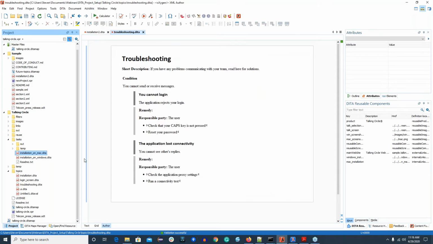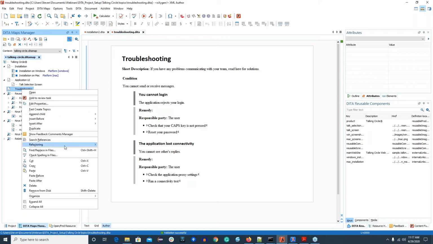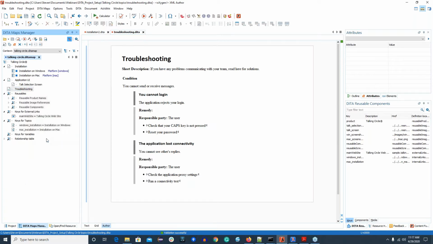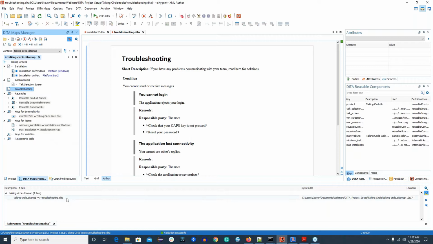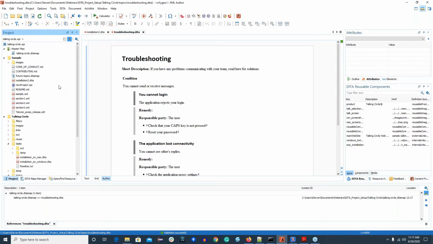So what's new in version 22? Now, if master file support is enabled and you trigger an action in the DITA Maps Manager to search for references to a particular resource, the scope of the operation will also include anything in the master files folder. So for example, if I search for references to this topic, it'll only show one for whatever is its reference in this DITA map. I go back to the project view, and I have this other DITA map in another folder